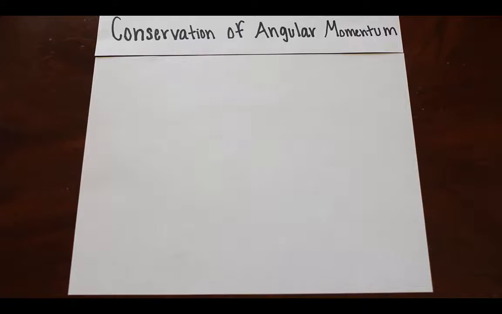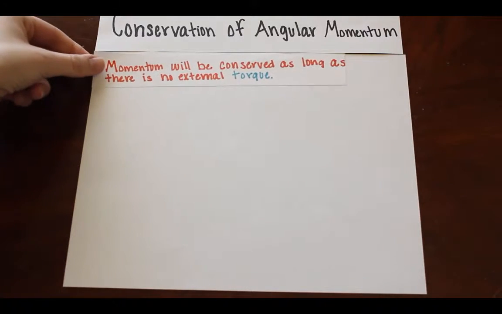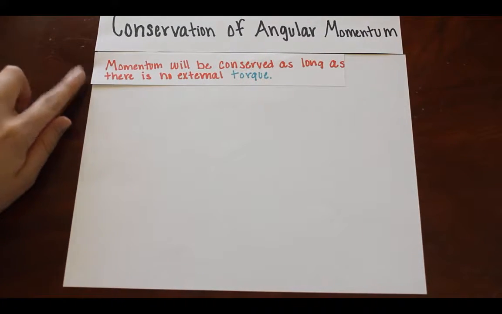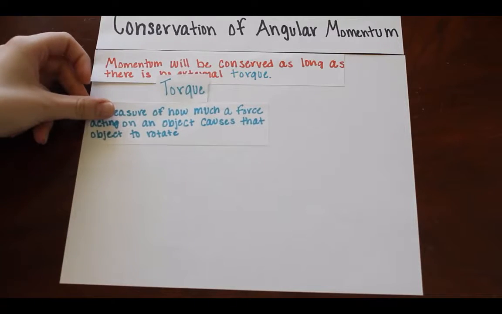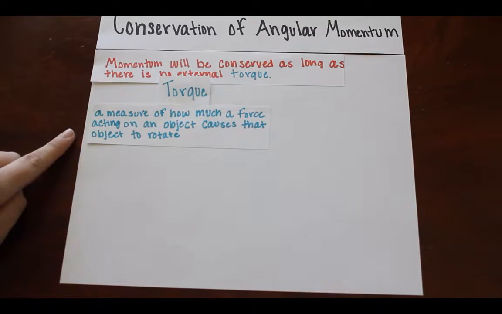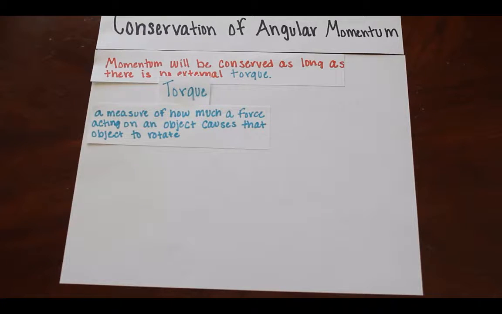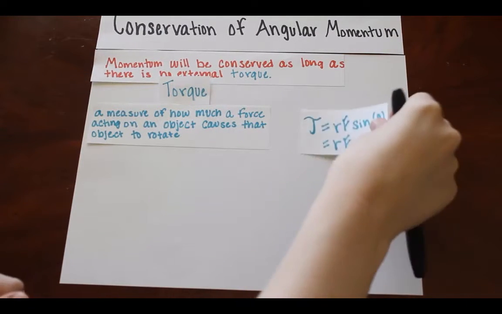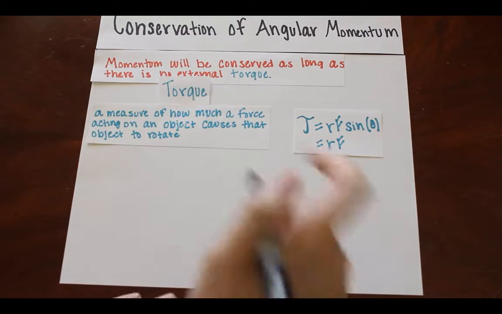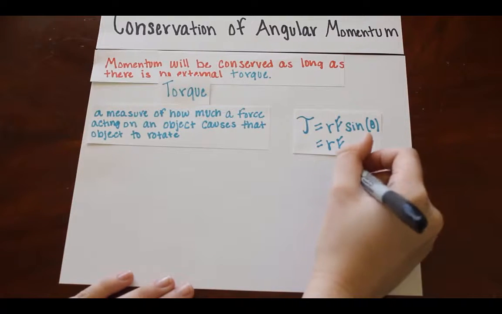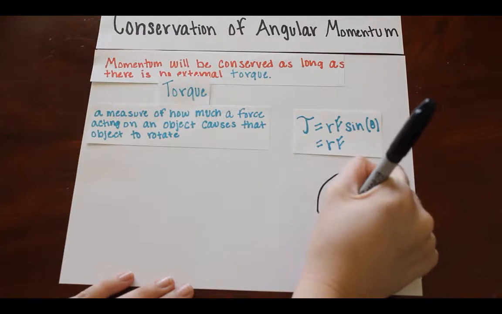Angular momentum will be conserved as long as there is no external torque. So if we do a quick review, torque is a measure of how much a force acting on an object causes that object to rotate. And the equation for torque is r F sine theta, which goes to rF because when an object is rotating in a circle,